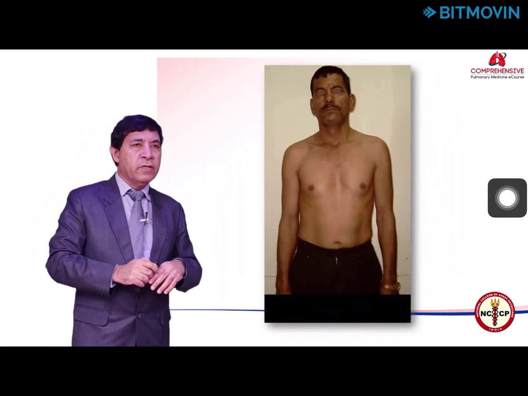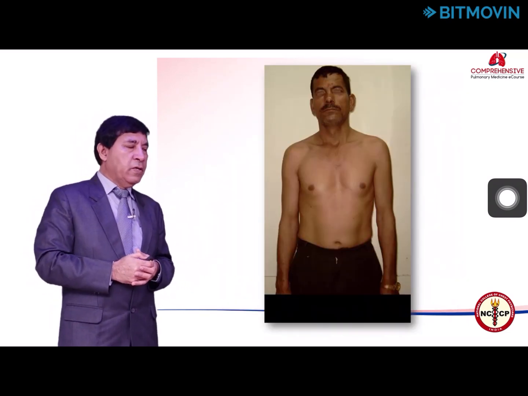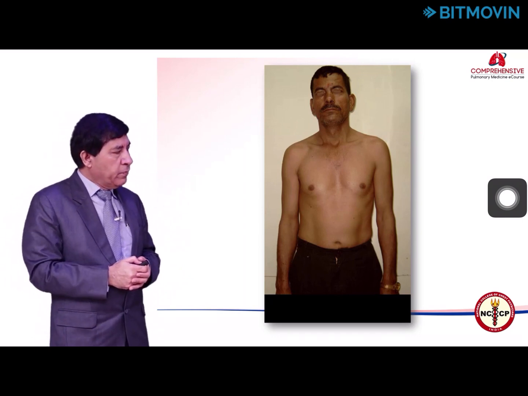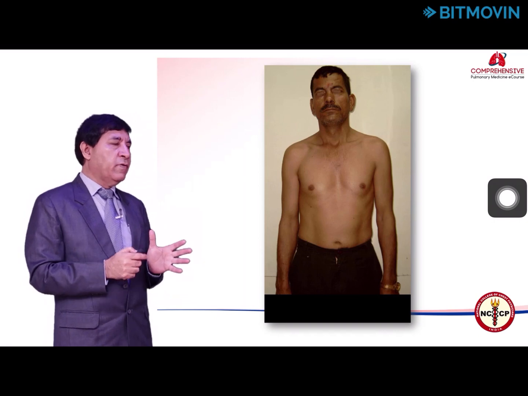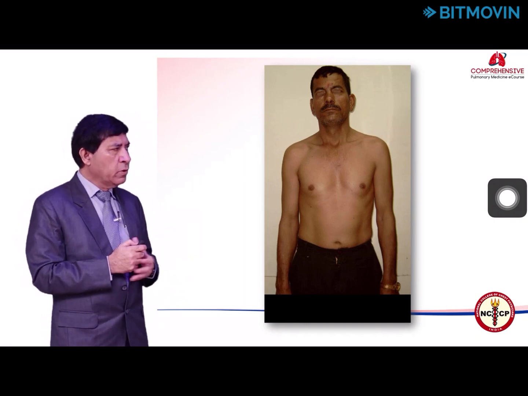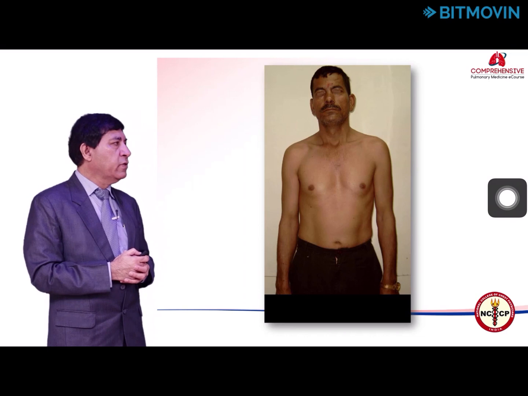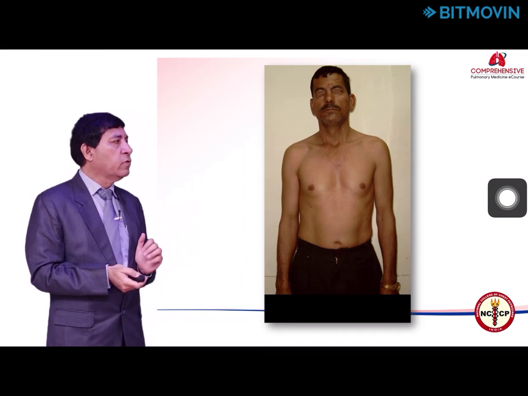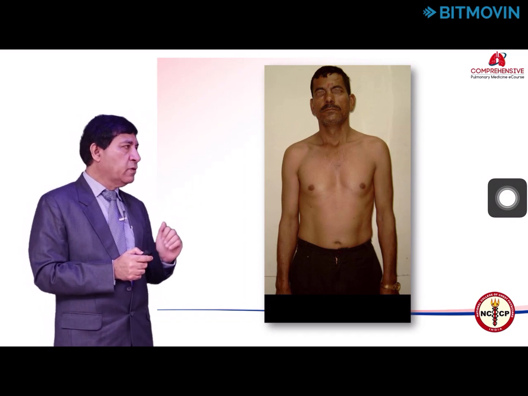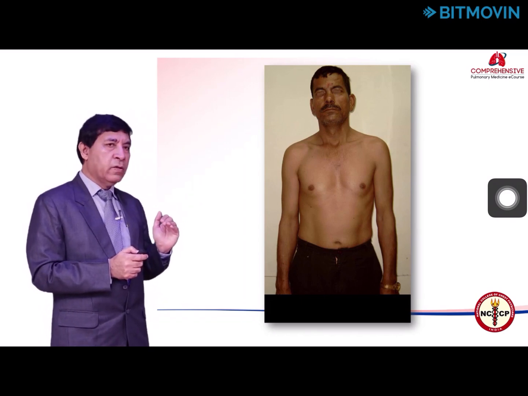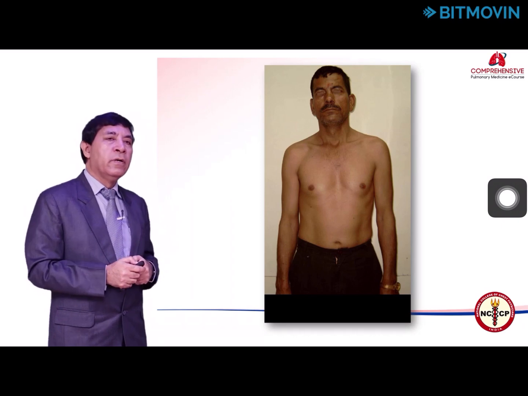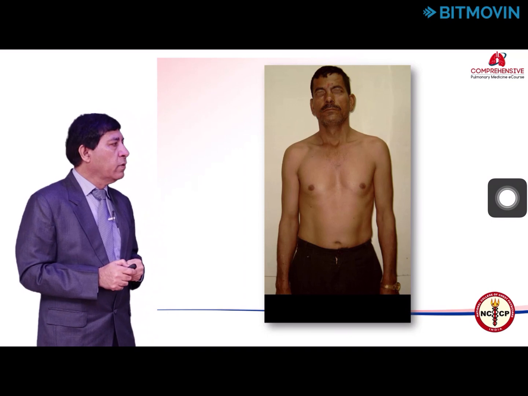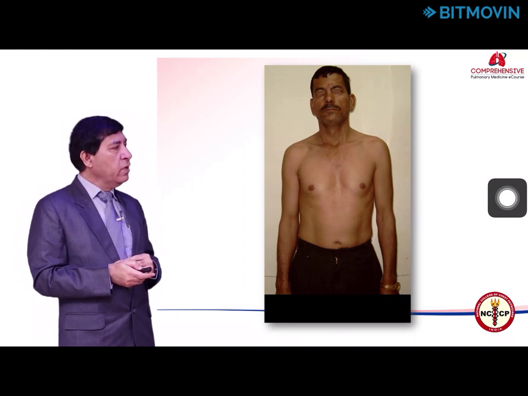So now the same thing, if you try to see on the patients here. You can see here, the presentation is very subtle. If you look at this patient, you will see that this patient's right shoulder is slightly lower than the left shoulder. If you look at the nipples, the right nipple looks lower than the left nipple, and also the axillary fold, if you see, is lower on the right side in comparison to the left side.